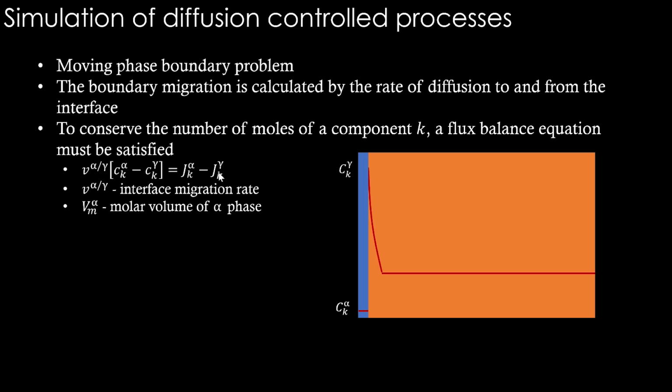The alpha gamma phases, if they are to maintain this local equilibrium with the right compositions, they should have flux of carbon in them in this manner. Okay, the velocity cannot violate this condition. It cannot grow at any higher rate or lower rate compared to what is seen in this particular equation. So it has to maintain this. The flux is balanced. That's why we call this flux balance equation. And this is an important thing to note when it comes to local equilibrium.